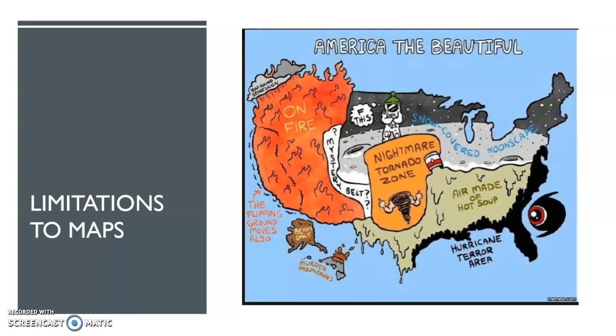Most common distortions on maps are distortions around shape, area, distance, and direction. Depending on the goal, the map maker may choose to minimize or maximize one of those things in order to maximize or minimize another. Thus, for example, on the Mercator map, which is one that's up in most classrooms in the country and certainly was up in every classroom in the country when I was a kid,